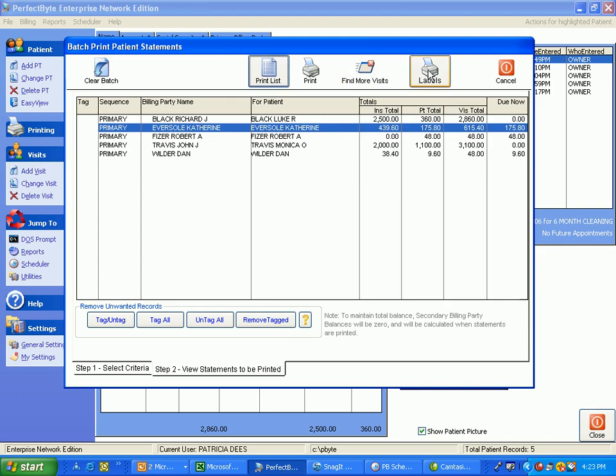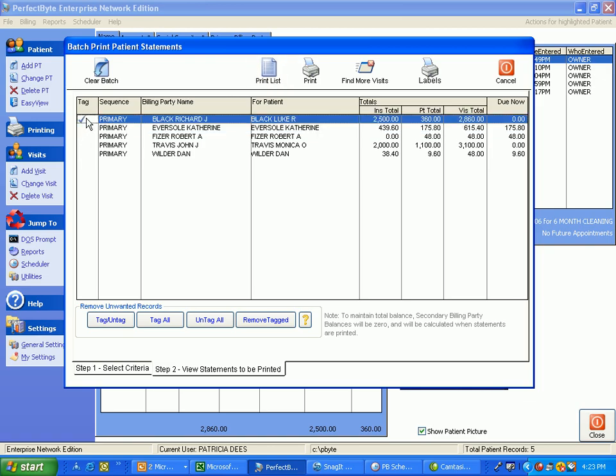You can also print labels on this screen to send out with your statements, but if you use a number 9 window envelope, these statements will fit beautifully into that. You can also double click to tag just like in the other batches, remove any bills that you don't want to go, narrow down which ones you want, and then click on print to print